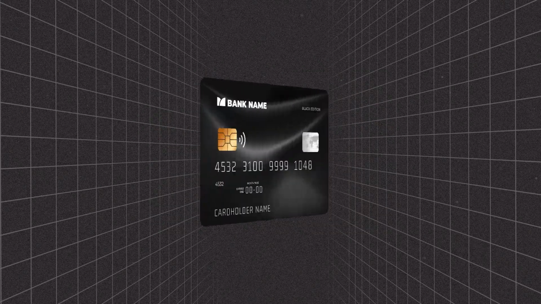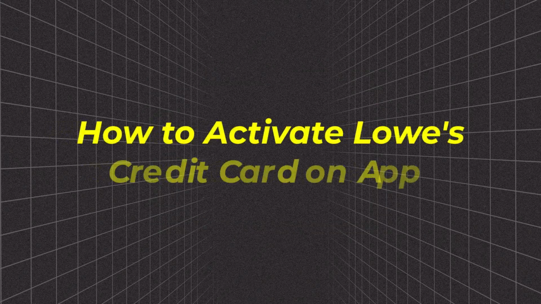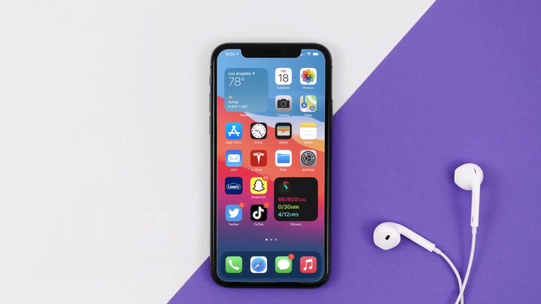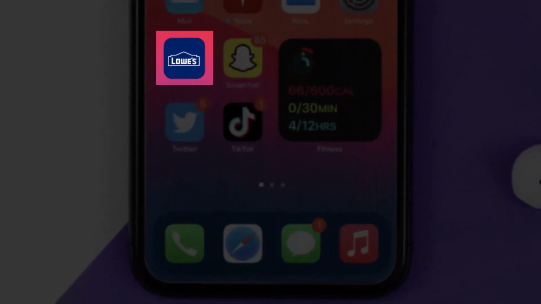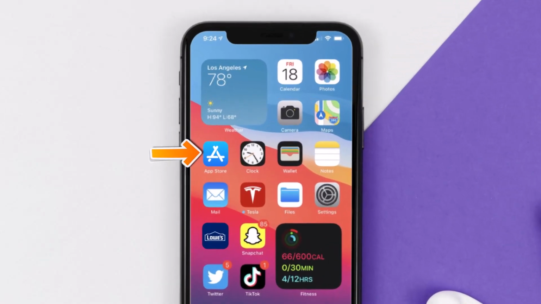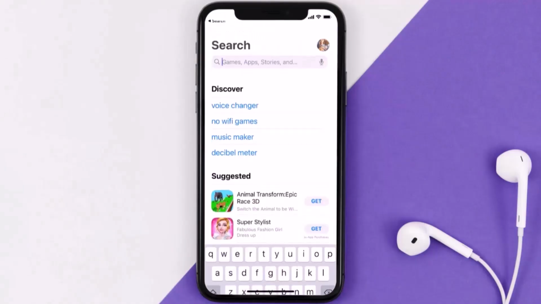In this video, I'm going to show you how to activate Lowe's credit card. First things first, you'll need to have its official mobile app installed on your phone. If you haven't downloaded it yet, just head to your App Store or Google Play Store and install the official